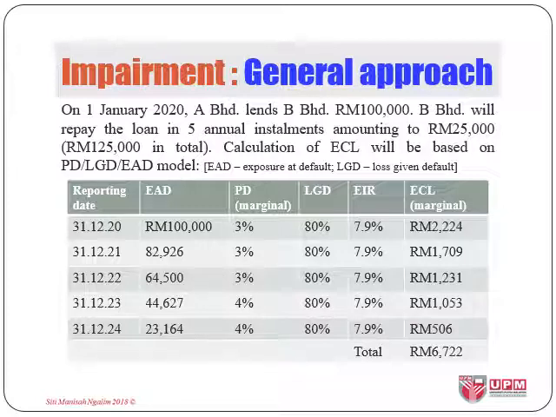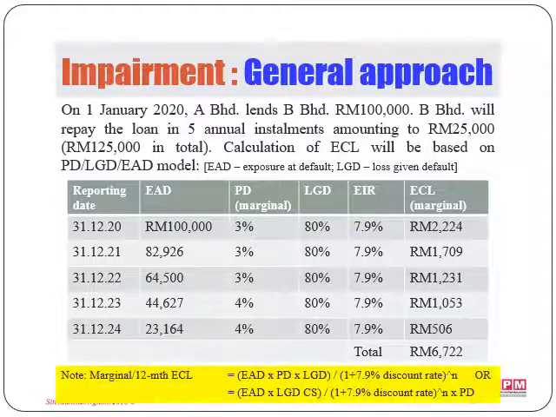Marginal simply represents a 12-month period or 1 financial year. So the way we calculate the ECL will be EAD times PD times LGD, and then we discount the amount over the number of relevant years. Or, following the previous steps, we can also calculate it by multiplying EAD with LGD, which is equivalent to cash shortfall, and then discount it over the number of relevant years to get to the present value of the expected loss. For this example, the assessment is made at the beginning of the financial year 2020, assuming the financial year ends every 31st December.